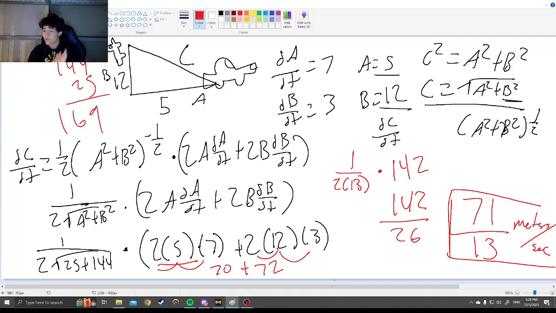So it's the same concept as before, just with the triangle. So you find the equation that you're looking for, and you derive it, and you plug everything else in. This is going to be it for related rates. I definitely recommend going on Khan Academy and doing some more practice problems if you don't get it. But we're going to move